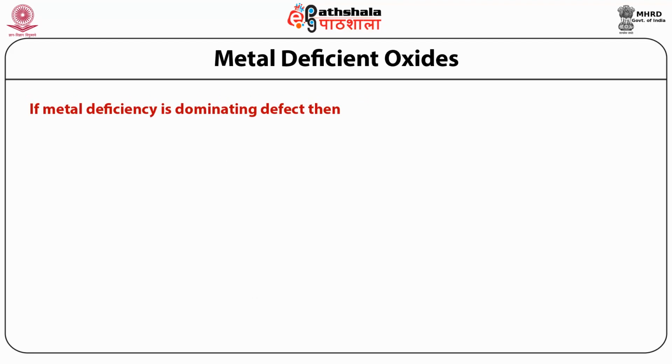Now let us discuss the metal deficient oxide. Metal deficient oxides are formed either due to metal vacancies or oxygen interstitials, that is, excess of oxygen. The formation occurs typically at the surface. First we will discuss if metal deficiency is the dominating defect, then the possible defect reaction will be